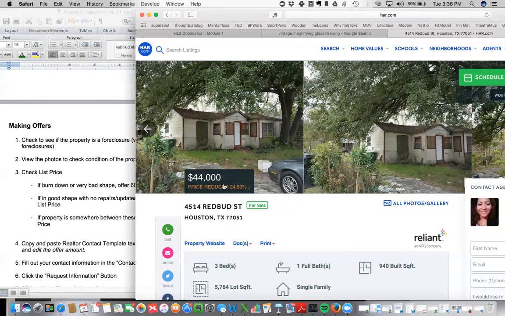It may not necessarily meet your standards, but if it looks livable, it might just be ugly, then that's certainly a 65% list price on the spectrum. And if it's a burn down, if it looks really, really shabby, lots of work needs to be done, then we're looking at 60% of the list price. That is the extent of the analysis that we're going to do on the property, because again, this initial offer